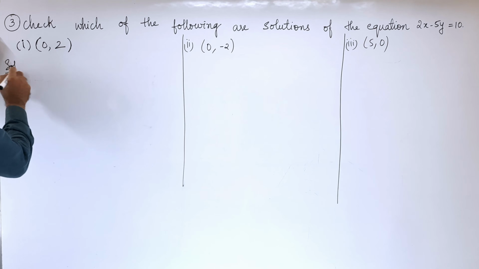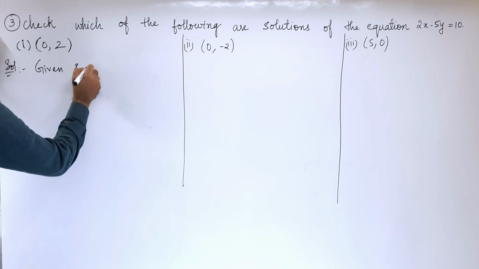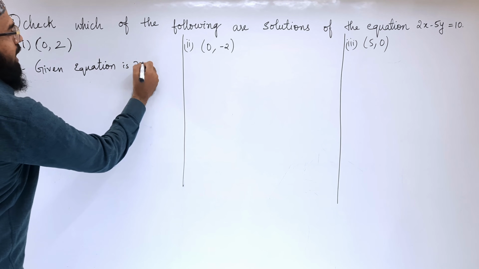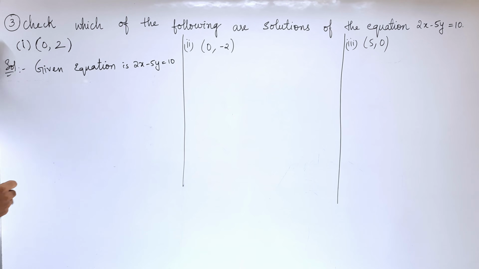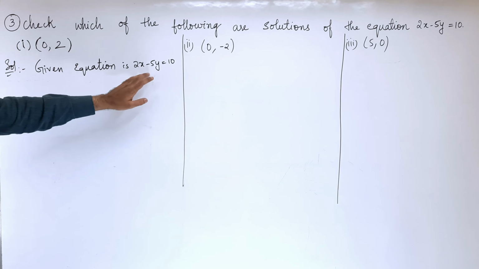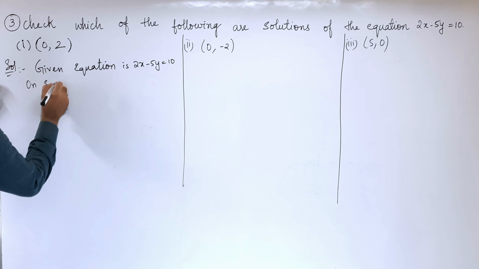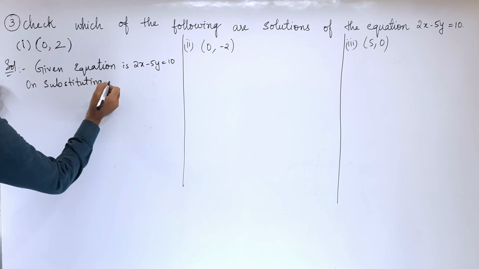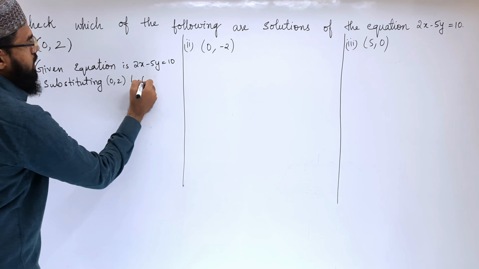So let us solve the first bit. In solution, let us write the given equation. So the given equation is 2x minus 5y is equal to 10. Now we have to substitute this value (0, 2) in this equation, that is in LHS. So on substituting (0, 2), LHS will be